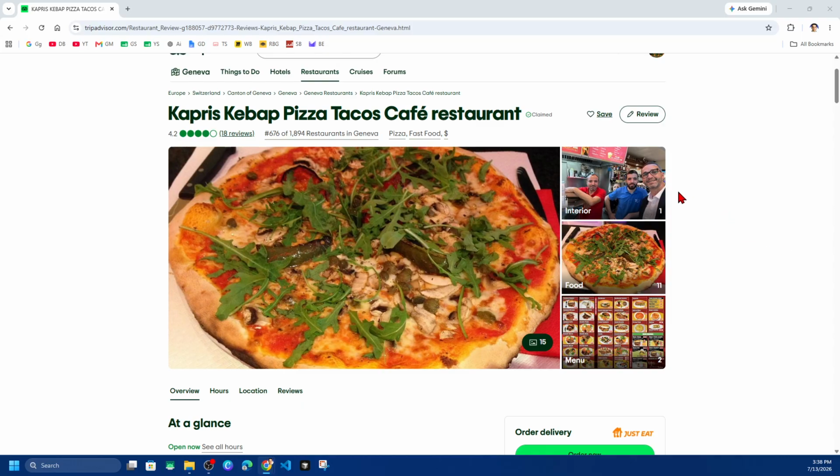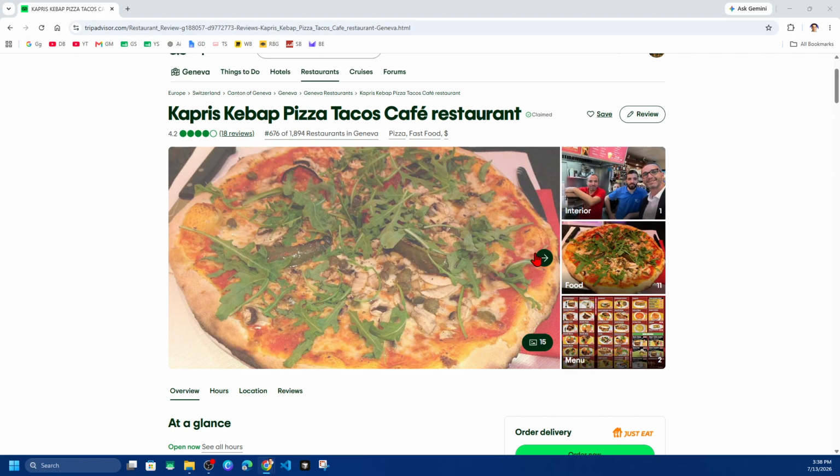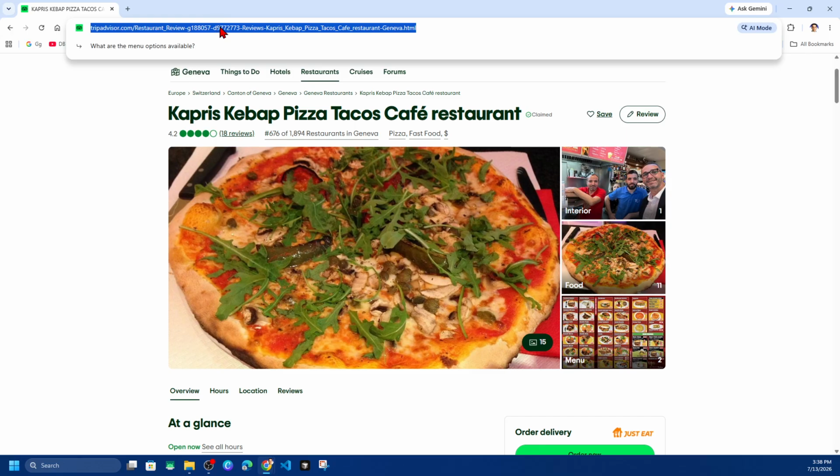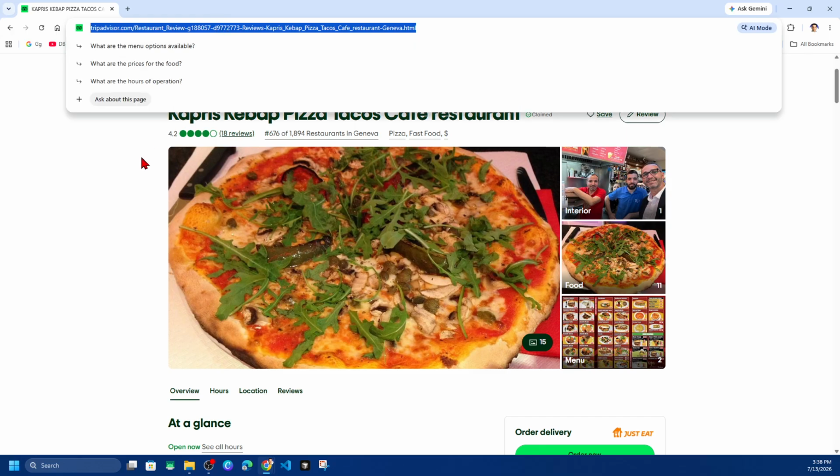Okay, so the best way to do this is to head on over to your TripAdvisor business listing. So I'm just using this one here for this demonstration. Obviously, this isn't mine. So once we've got the inside of our listing, we want to copy that listing and